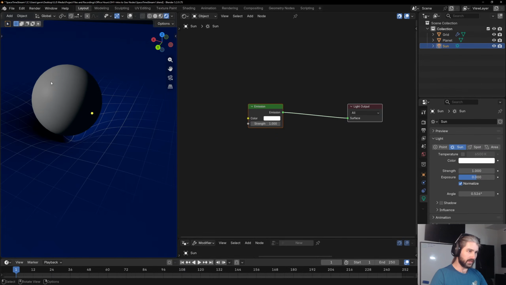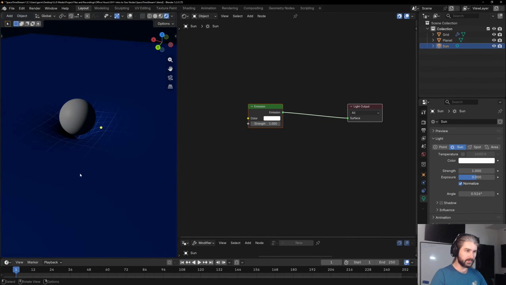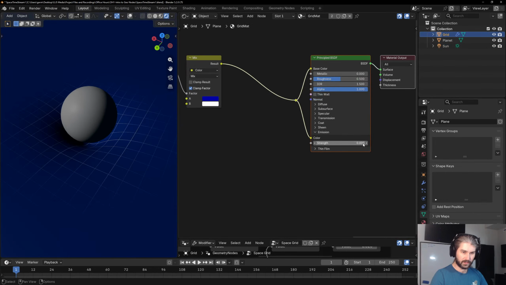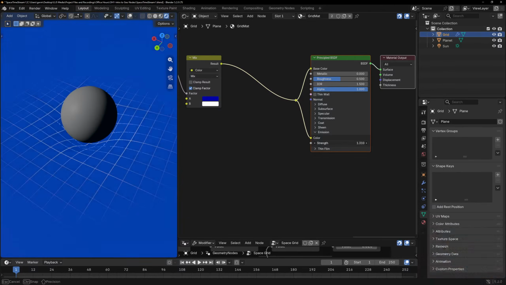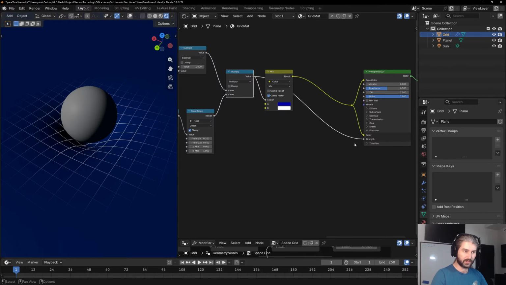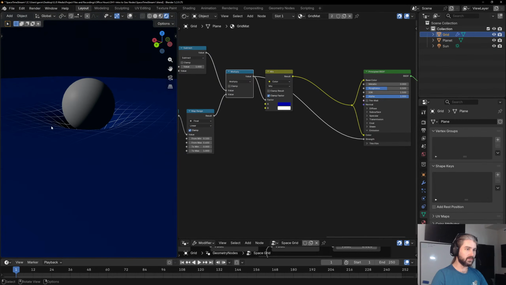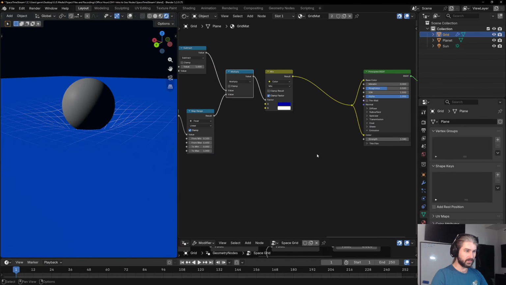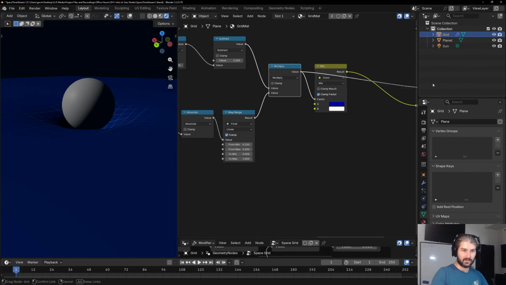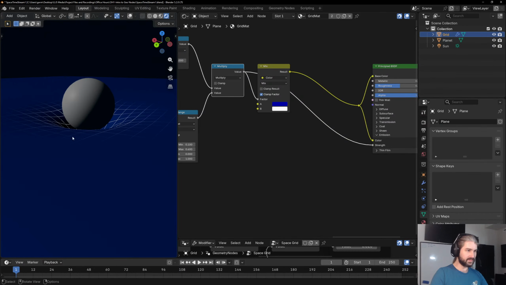I just want that nice gradient on the planet and a little bit of reflection on the grid. If we turn this up, obviously, that's going to be a problem. So instead, we're going to use this to also drive the strength so that our grid glows just a little bit, but the rest of the space doesn't. So turn that off and back down to 0. You'll see the grid's a lot harder to see,